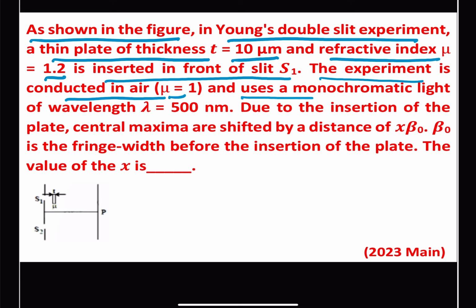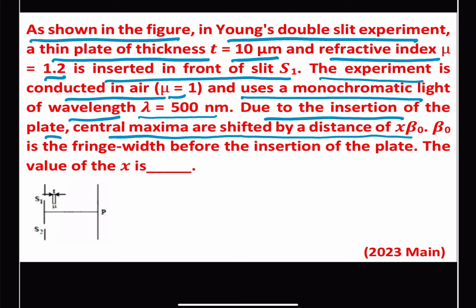Uses a monochromatic light of wavelength lambda is equal to 500 nanometer. Due to the insertion of the plate, the central maxima is shifted by a distance of x b0, where b0 is the fringe width before the insertion of the plate. The value of x is,